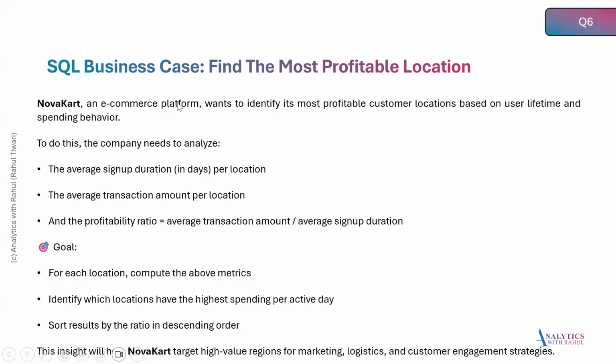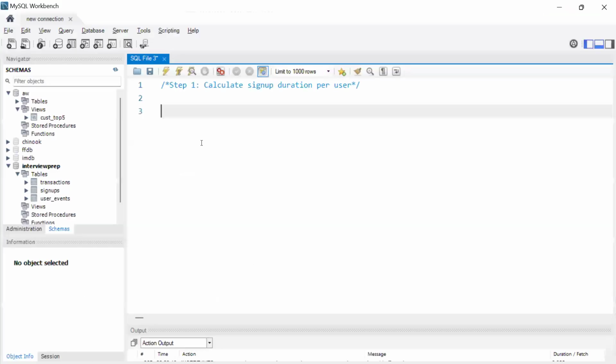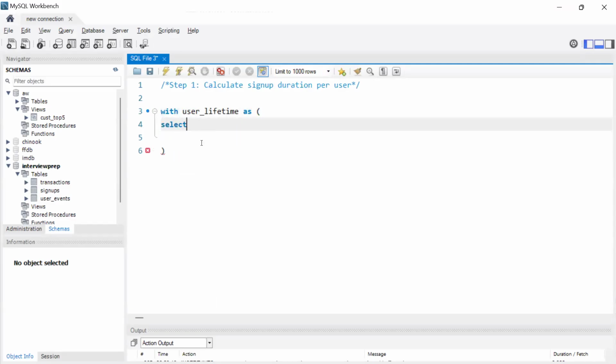Here you can see it. An e-commerce platform wants to identify its most profitable customer location based on user lifetime and spending behavior. So for user lifetime, I need to find the duration, sign-up duration. And then we'll calculate the spending behavior and we'll proceed further. So let's go and create the with clause with user lifetime as select user ID, comma location, comma date diff,